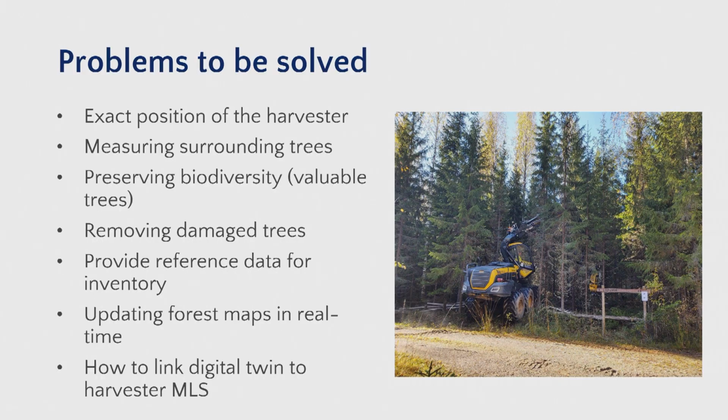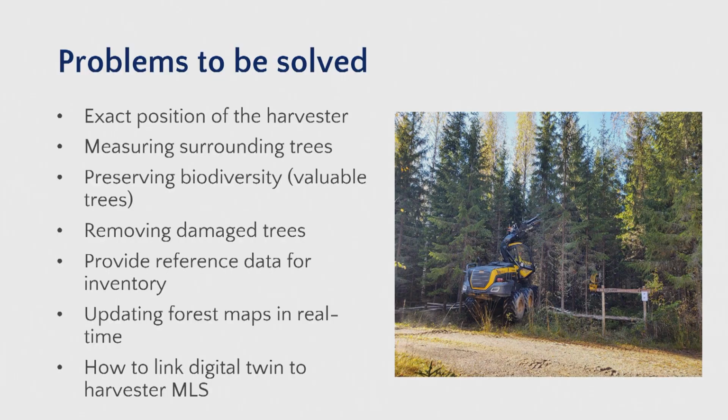In Germany, it's different. In order to know exactly where you are, you need to have a very nice positioning system so you don't cut neighbors' trees. And if you want to select something in prior with a digital map, then you really need to have this kind of few decimeter accuracy. It would be nice to have biodiversity: if there are aspens or some other important trees, they should be left there. If there are some damaged trees which are just increasing insect damages, you should remove them. And basically in future, this kind of technology can provide you all the reference data that is needed.